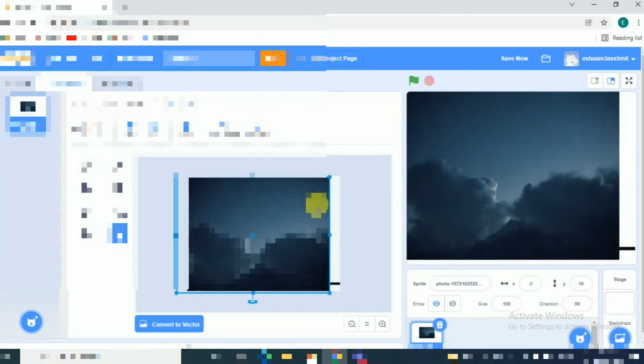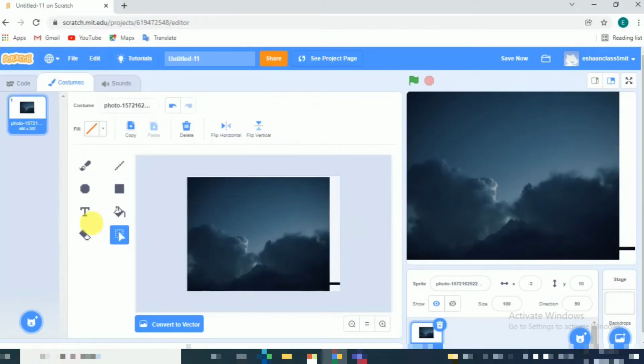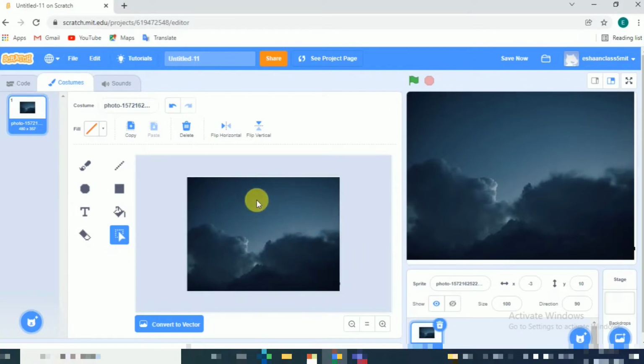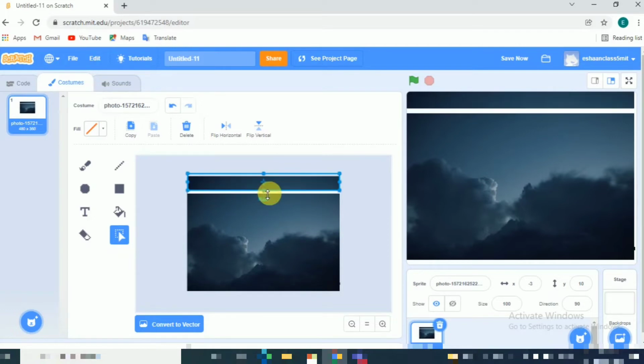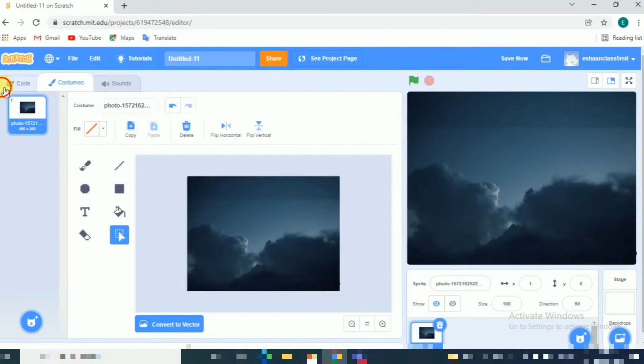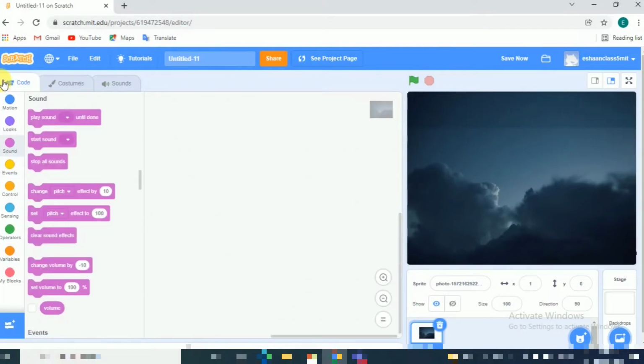We will move it and then select another part. We'll select a small part of this, and you can see we will stretch it. After stretching this we will select the upper part and stretch this. We'll move it up and stretch down, and then we'll do the coding of it.